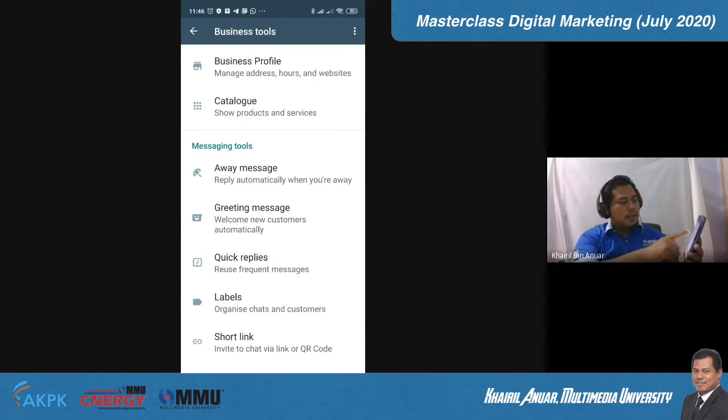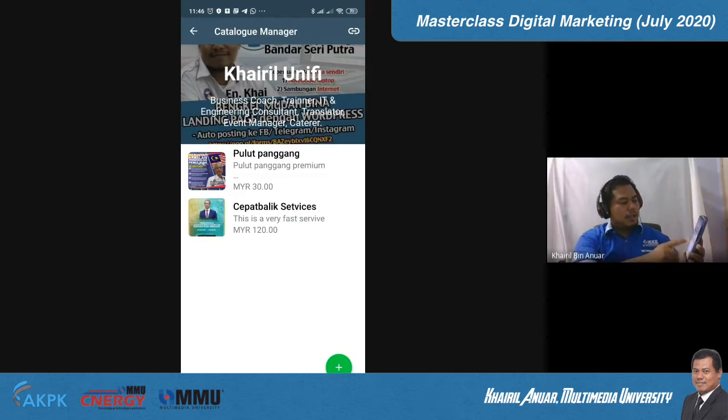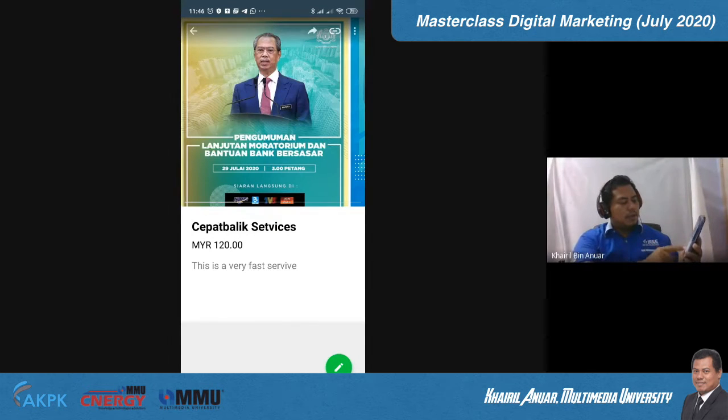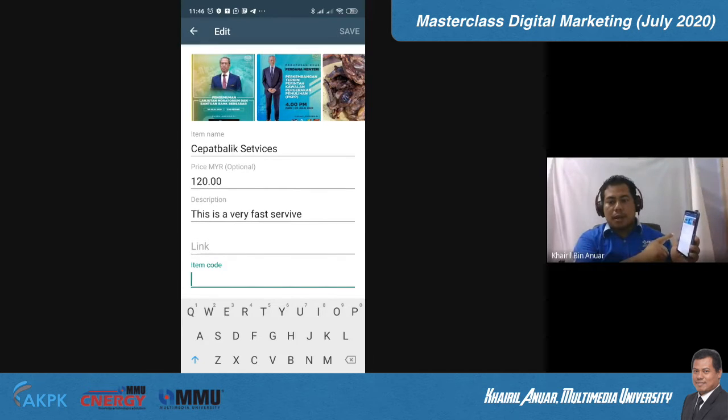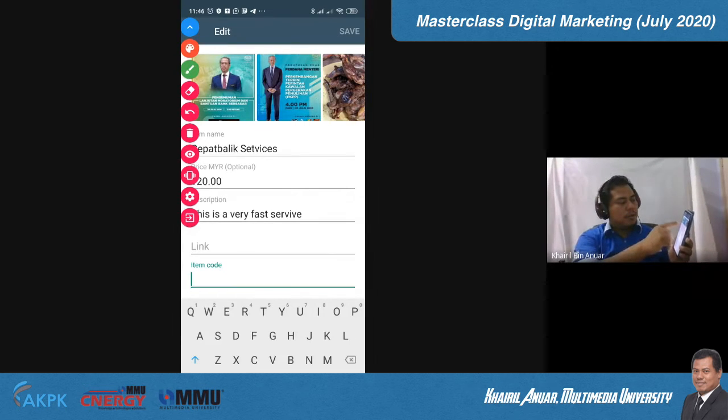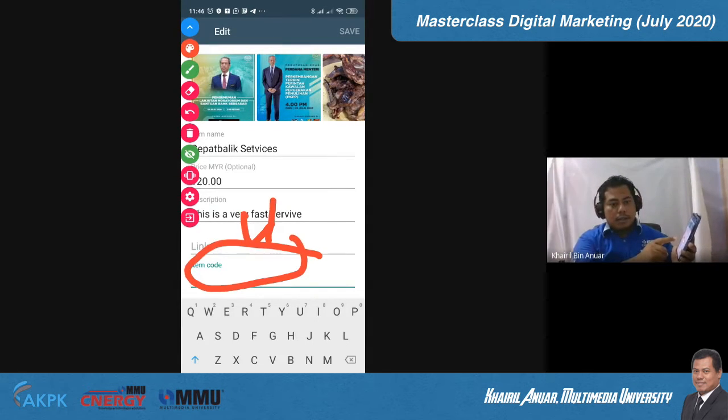Is it in the catalog code? The catalog has a business code. Can edit item code, you mean item code? The one that is being shown here, item code. Item code over here, is it? Is this the one? Segaran, are you referring to this item code? The one that I show,